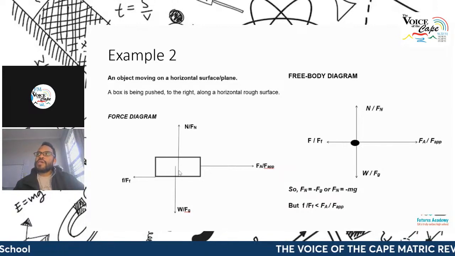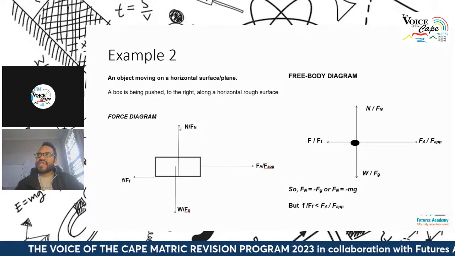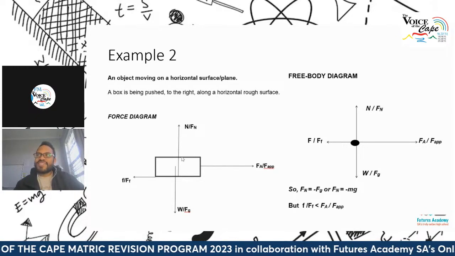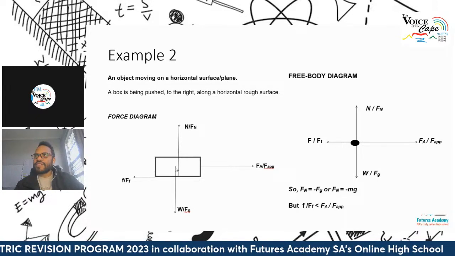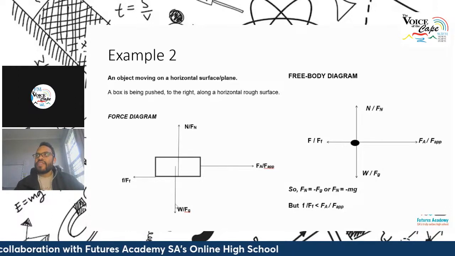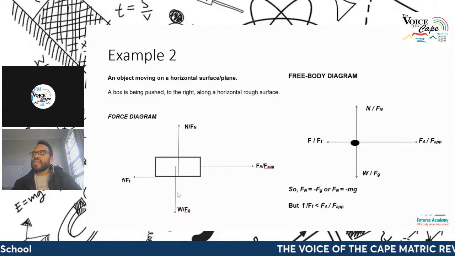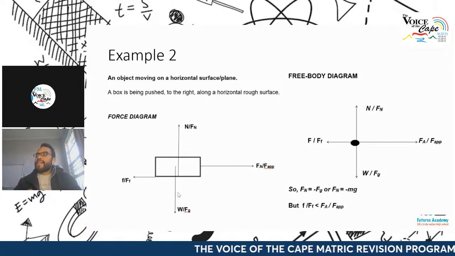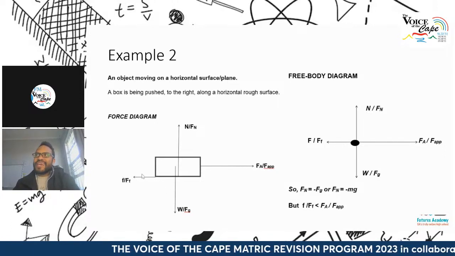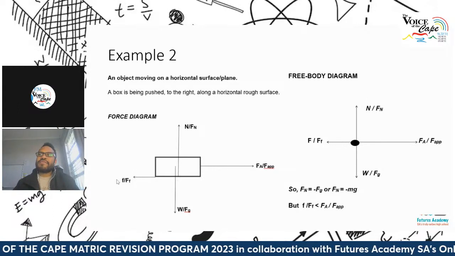I want you also to note that perpendicular to the surface, because it's in contact with the surface, there is a normal force, and that's acting upward. And the normal force is equal in magnitude to the gravitational force. So the gravitational force is downward with the same length of the arrow over there, acting from the center of the object. Okay. Now, here is a force indicated moving to the left, and it's labeled as the force of friction.